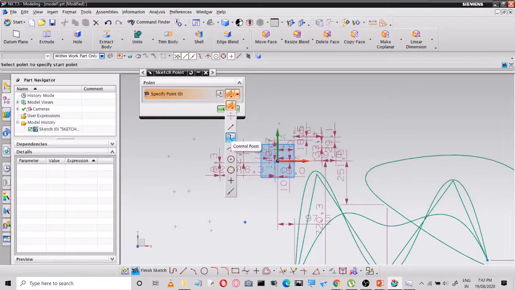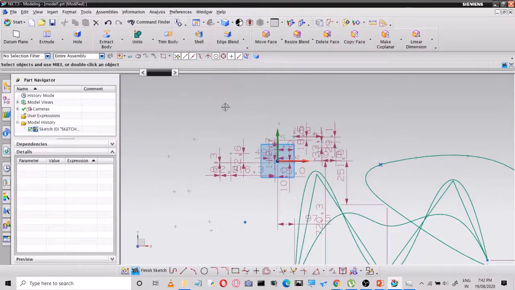Next, control points. You can use it on splines. Next, intersection point. If you have an intersection of a line and an arc, you get an intersection there, and if you want to create a point over it, you can go for intersection. Similarly, if you want to create a circle center point, you can click on this one, and for quadrant points of a circle. Next, you can click on existing point to create the points. Now point on curve: you can just click on any curve, so we'll click here. Now if you want to create a point, it is going to be created on that curve.